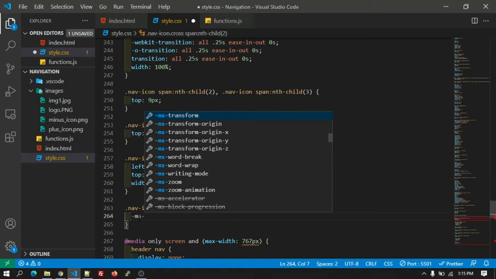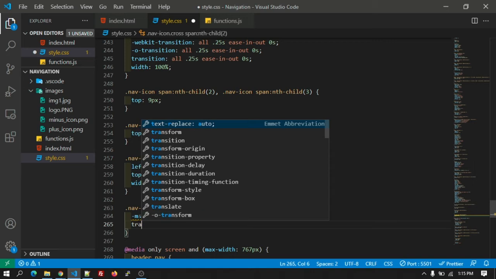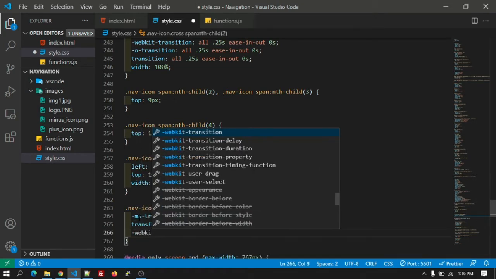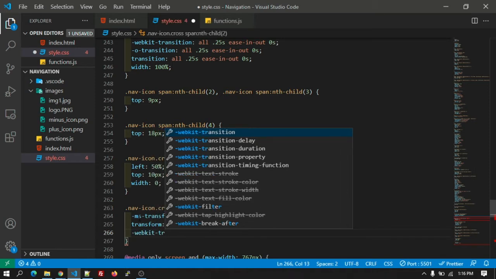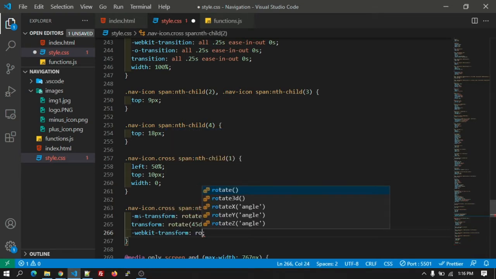Then ms transform rotate 45-degree, transform rotate 45-degree, webkit transform rotate 45-degree.